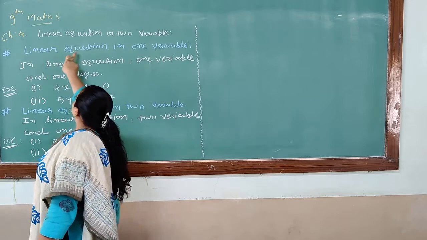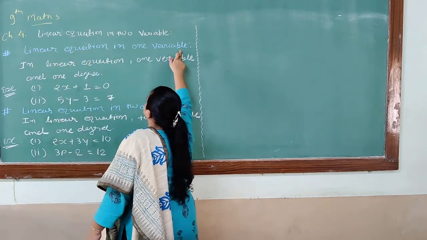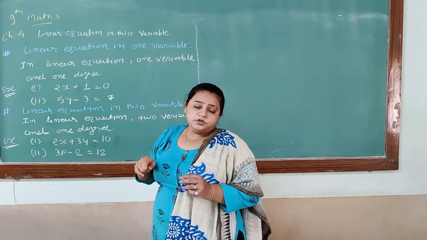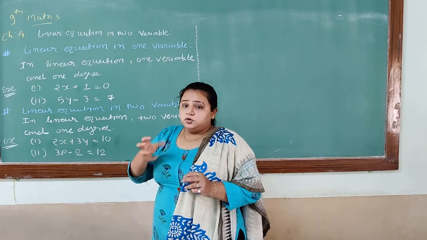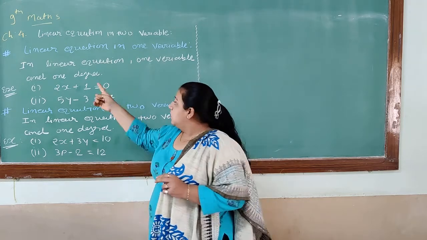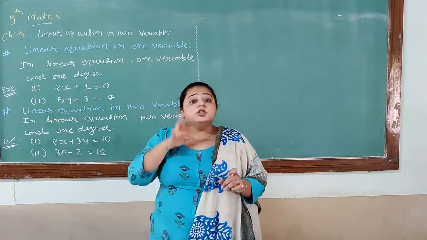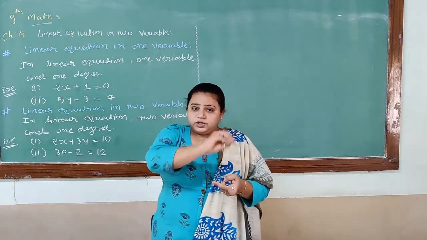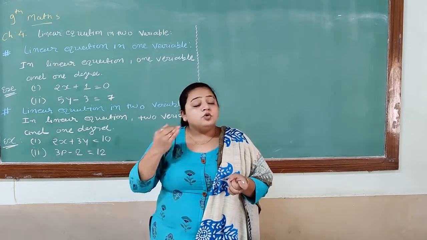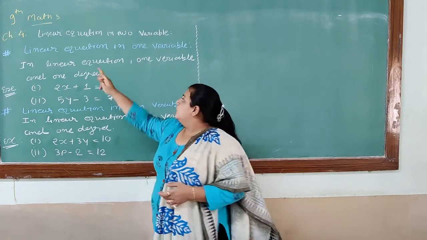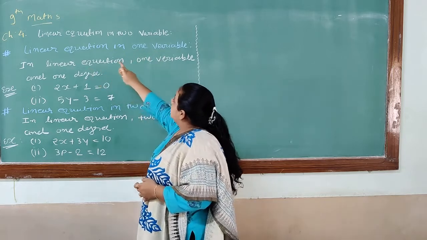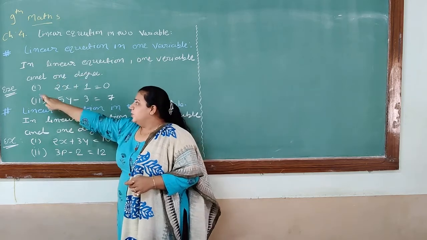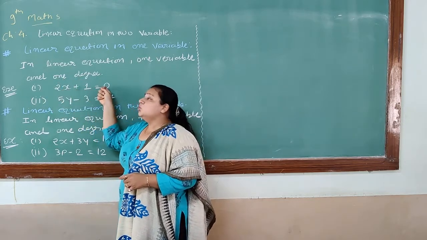First is a linear equation in one variable. If we are discussing about a linear equation, first you have to explain yourself what is the meaning of a linear equation. Linear equation, that means only one degree value will be there. If you take more than one, it will not be known as linear. Fine. So linear equation means a linear equation with one variable and only one variable. Right? So example is there, 2x plus 1 equals to 0.